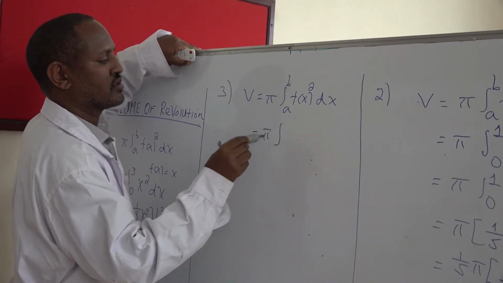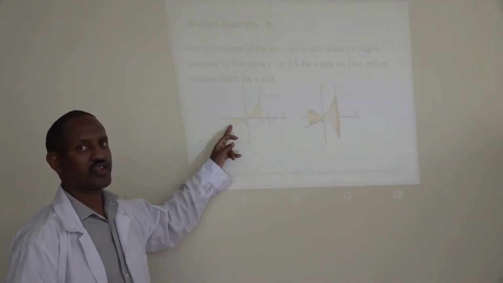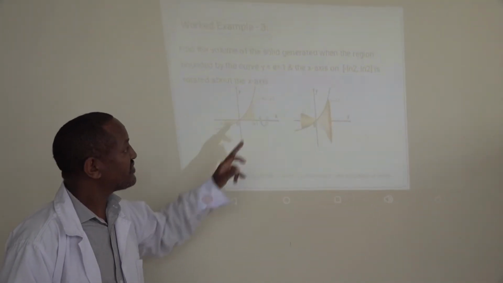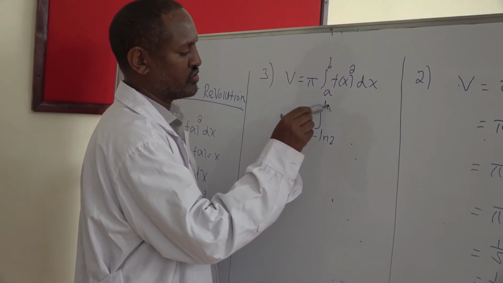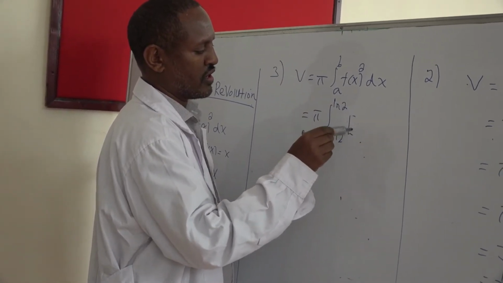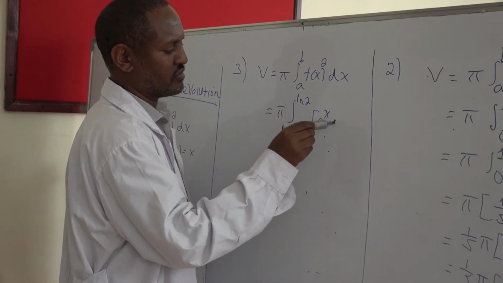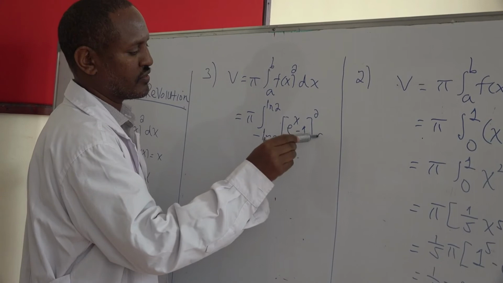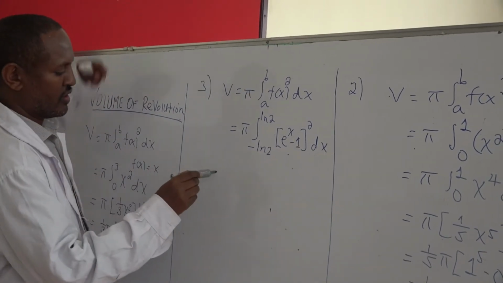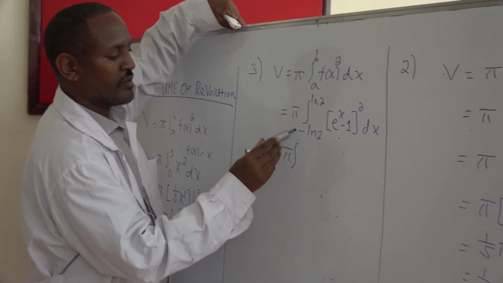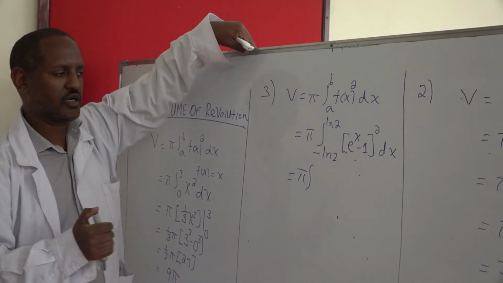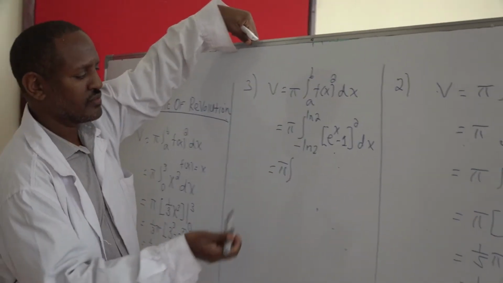Pi times, now the lower and upper limits of integration are minus ln 2 and ln 2, and the function is e power x minus 1. So, the integral from minus ln 2 to ln 2 of e power x minus 1, this is our function, the whole square dx. Now, using a relation in logarithm,